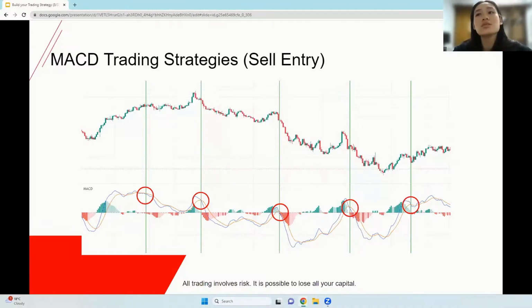Okay, but it's important to note that these tend to be lagging indicators as well. Like you can see over here, only when price has shown a reversal, then after the next few bars, we see the lines crossing over and indicating. So basically the red area indicates a sell. It's pretty much a lagging indicator, so just keep that in mind if you're intending to use your MACD.